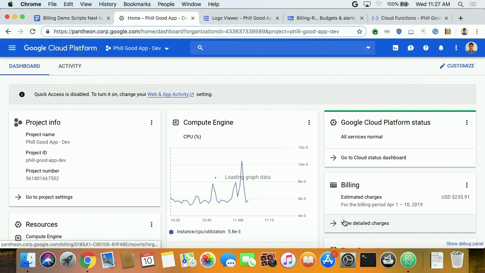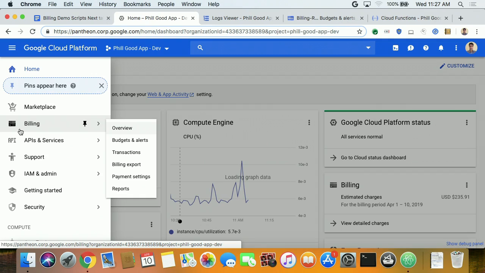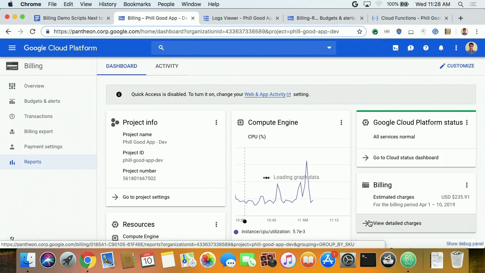I can go to billing reports here, but before I do that, I just want to show you that you can also go to the billing page in the console by coming to the billing menu and then going to reports down here. But for now, I'm going to go to it via the card. The first question I might ask is, where's that $235 coming from? Is it under control? Does it look like a reasonable amount of spend? So if I click on View Detailed Charges,